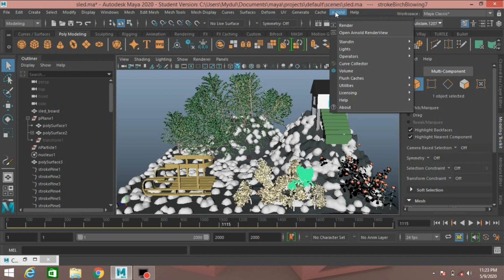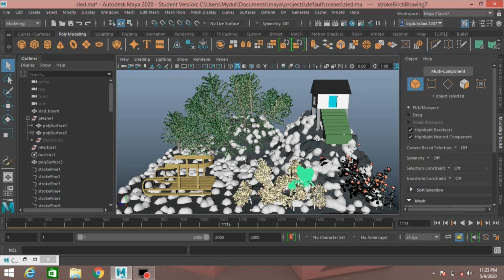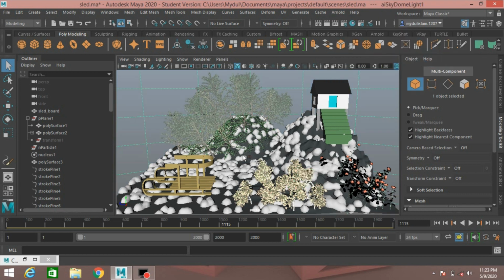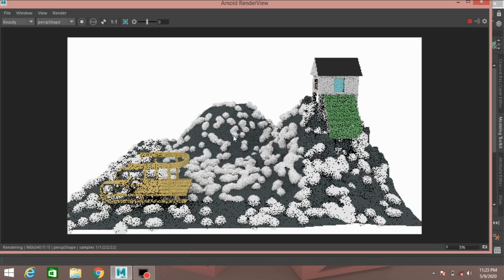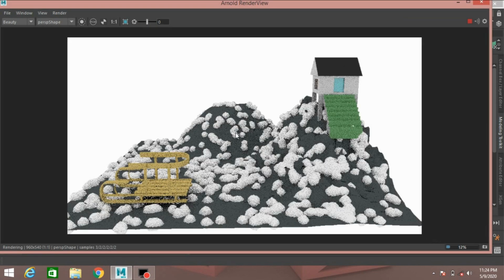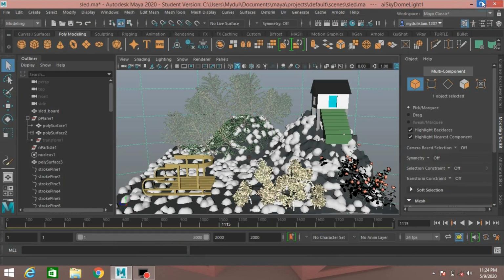Go to Arnold, light, create a sky dome light and open the Arnold render view. The trees are not showing because there is no extra light.